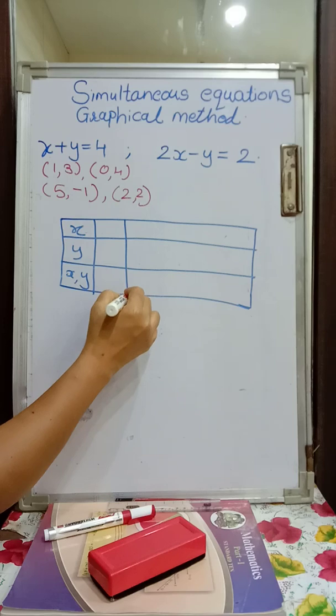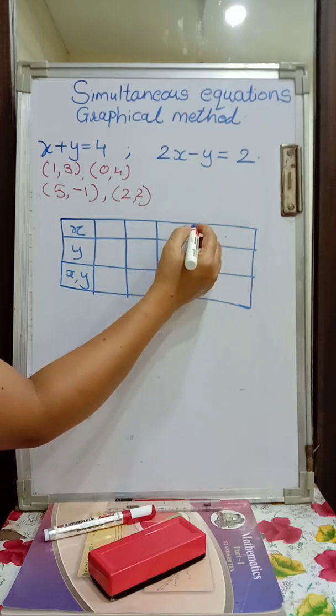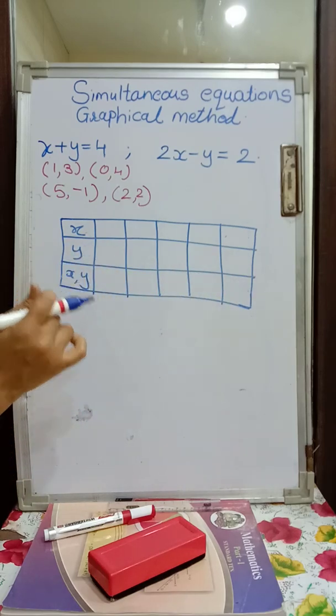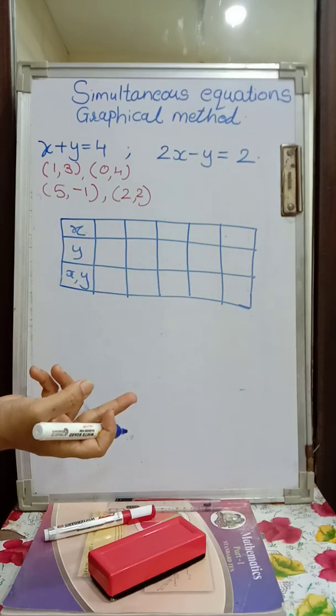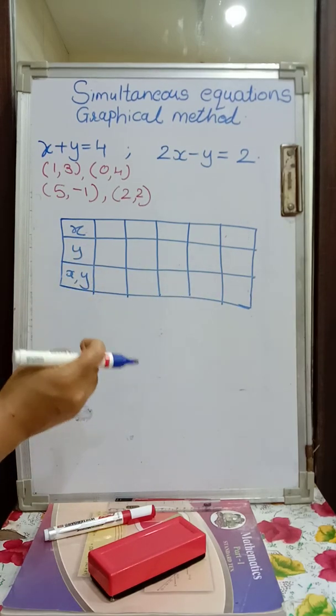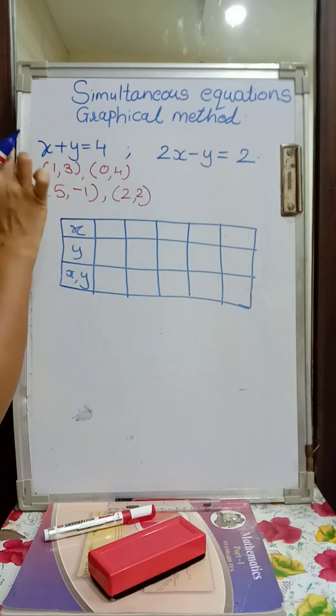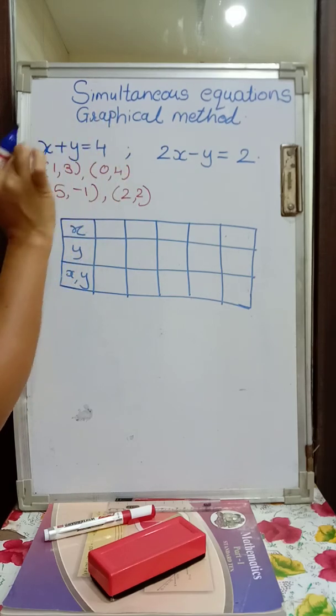So we need at least 4 points. It is not mandatory how many ordered pairs you should get, but for a line 2 points are also enough. But to be more specific and accurate, it is better you at least plot 3 to 4 points. Okay, let's start. Now see, there is another way. Here I have substituted directly x and then I got the equation.